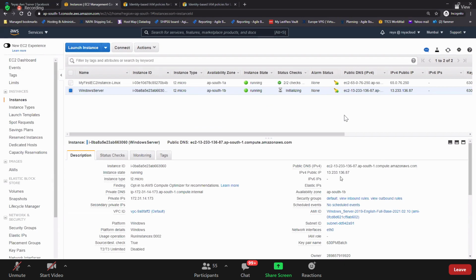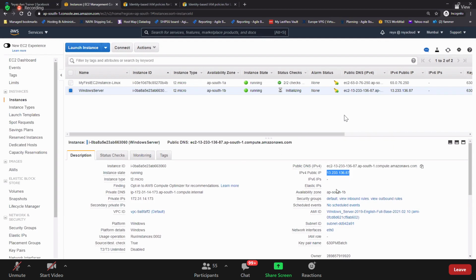Okay. Do you see that IP is changed? Yes. IP is changed, right? Yes, the IP is changed. If this public IP address changes, your private IP, your public DNS will also get changed. This is the demo on the public IP.